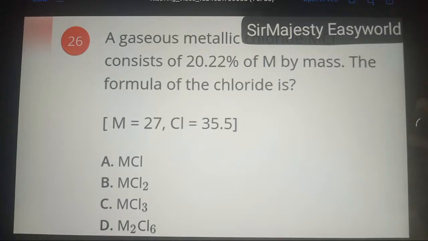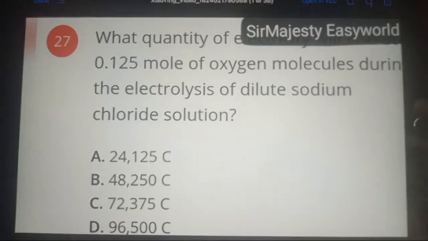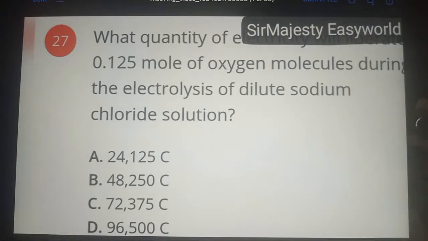Since they say gaseous, in the gaseous state, I think aluminium chloride is a dimer. So you should take that of D. In the gaseous state it is a dimer, that has a covalent property when in gas. Because C and D are both correct, but D is just a dimer of C. That is, D is equal to C times 2. So you should take that, M2Cl6, because in the gaseous state it is a dimer.